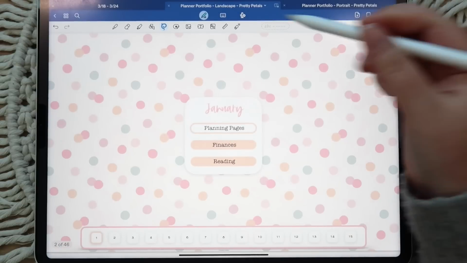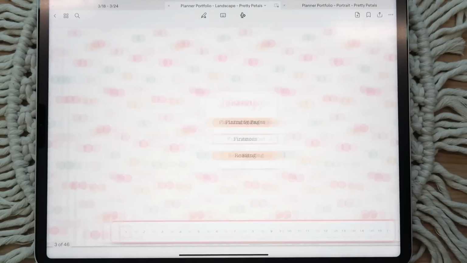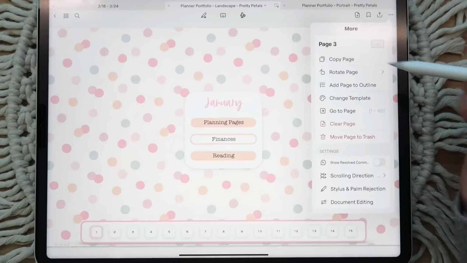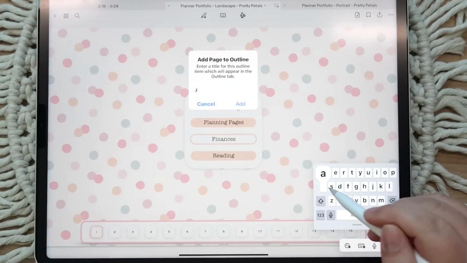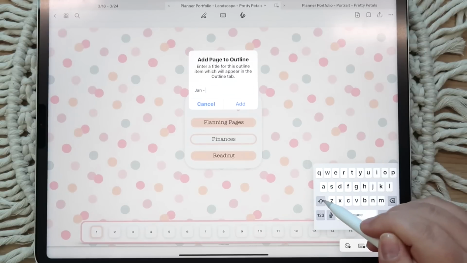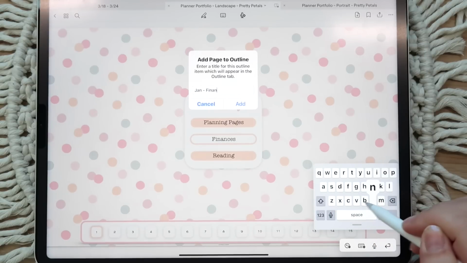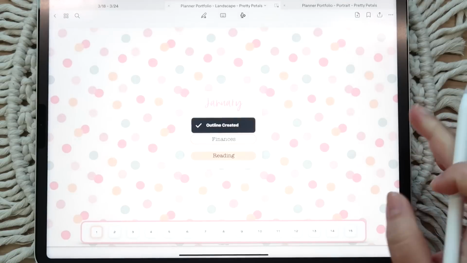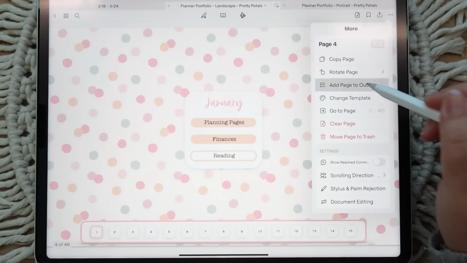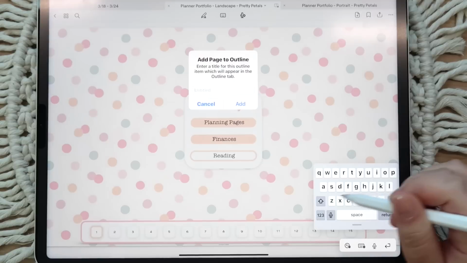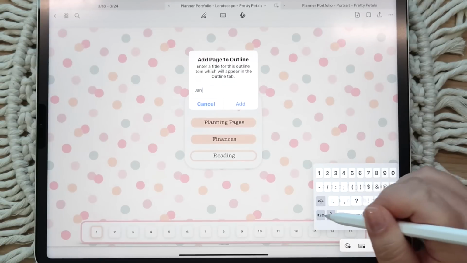Okay, so let's say now I go to section 2 and I add page to outline and put Jan finances, add. And then I'm going to go to reading and I'm going to add page to outline and put Jan